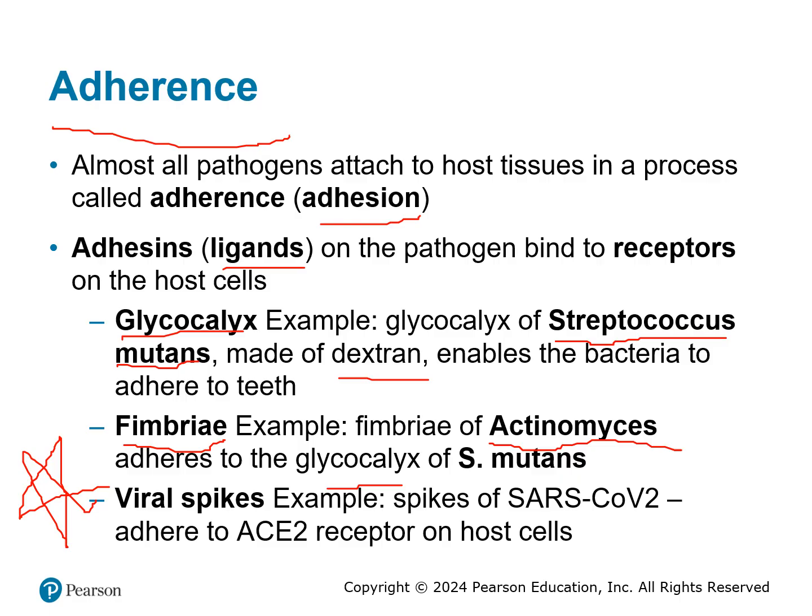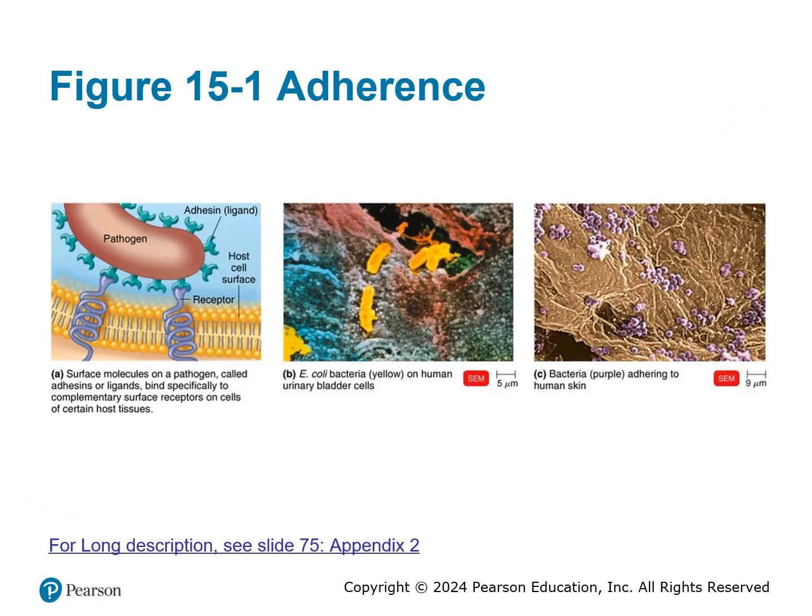So remember the spike, remember viruses have an envelope, some have an envelope and some don't, and then they have a spike on the outside. All right, so this is the virus, and then you will have a host cell, will have a receptor, and the spike will just go right into the receptor, and that's how it adheres onto your human cell, for example. All right, so again, adherence, you can see this is the little spike protein.